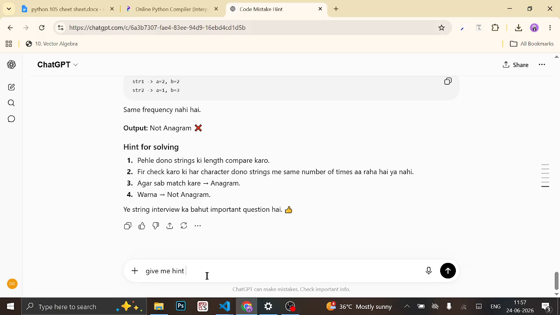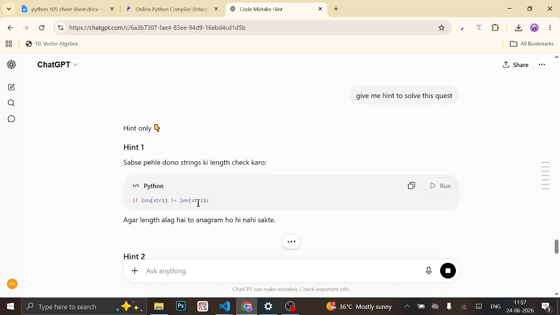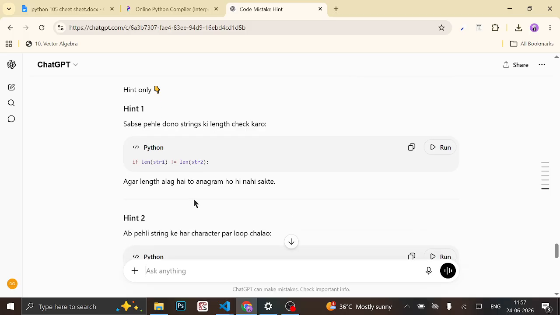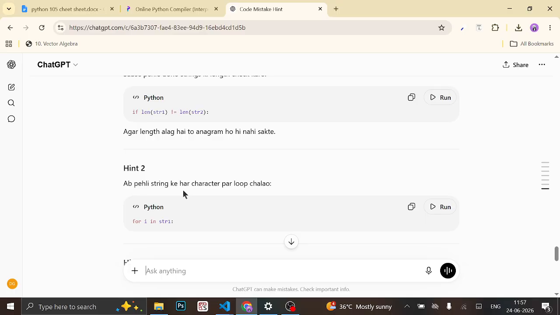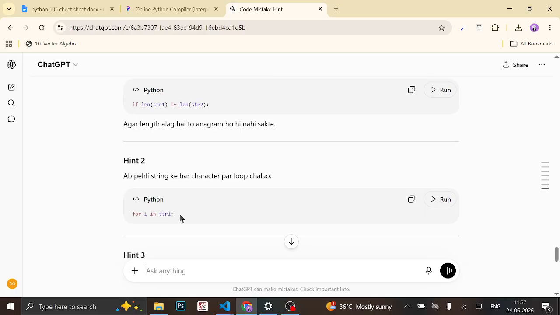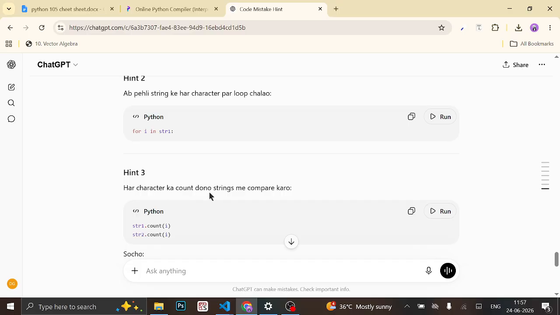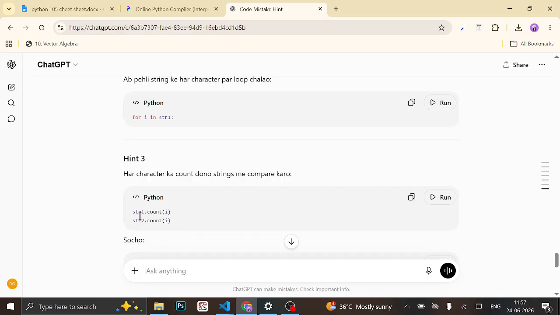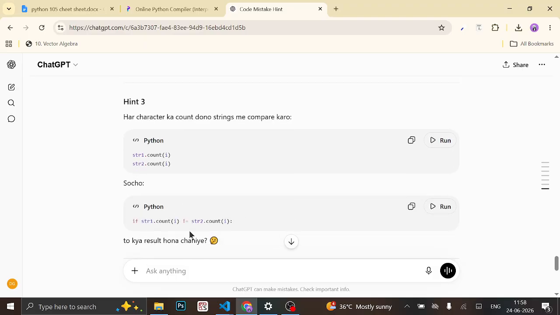Give me hint to solve this question. Hint number one, len not equals to len 2। First I am already checking this question, मैं इसको चेक कर चुका हूँ यहाँ पे ऑलरेडी। ओके, अब पहली स्ट्रिंग के करेक्टर पर लूप चलाओ, चला दिया, हर करेक्टर को काउंट दोनों स्ट्रिंग में कंपेयर करो, str1.count, str2.count, if str1.count का रिजल्ट होना चाहिए।